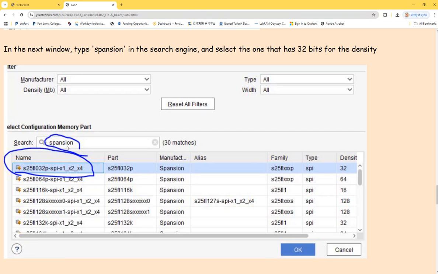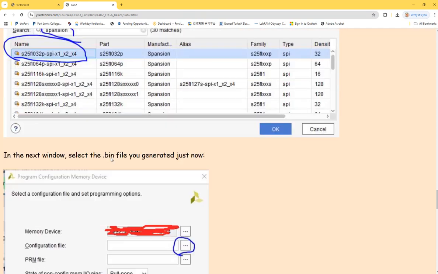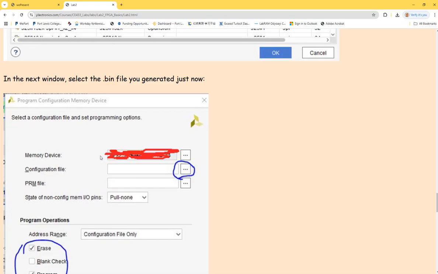That's the name of the memory chip. You can see it's a SPI port with the memory. So find out the name of the memory, add, okay, add, and then